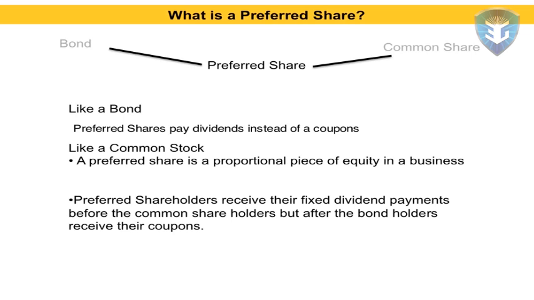So that proportional ownership that you own of that business really isn't doing anything for you as far as the market price of that preferred share changing. Unless that company would liquidate, whatever's left, if not all the money would go to the bondholders, whatever money would be left would then be paid to the preferred shareholders. And then any money left over after both the bondholder and the preferred shareholder would be paid would then go to the common shareholders.